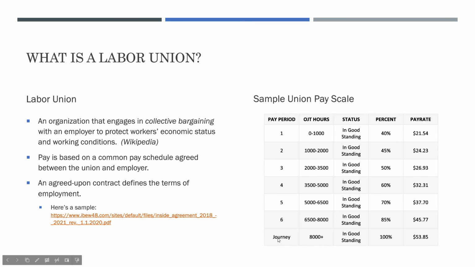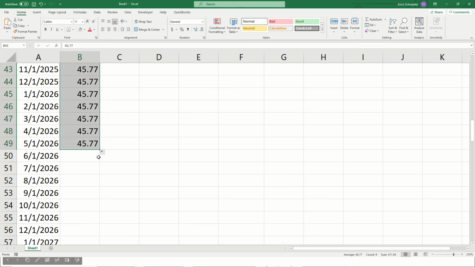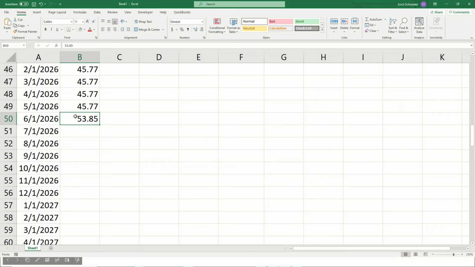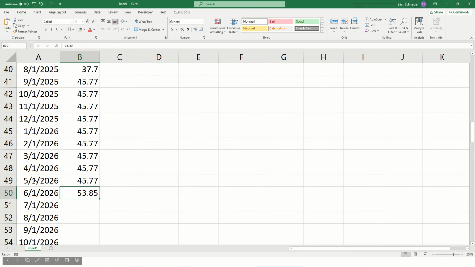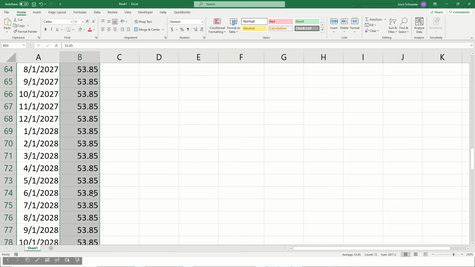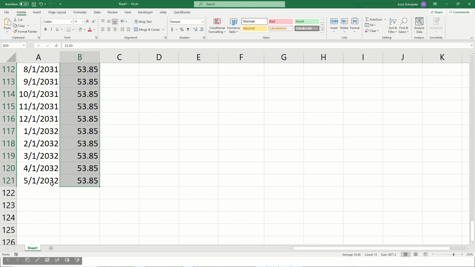And after that, that is our journey level wage. From here on out, it's $53.85. All right. Now, instead of dragging this, here's something new you can do. Since we've already started the left side and it goes all the way down to this row, with this highlighted, if I double click, it will fill all the way down to the end and stop right